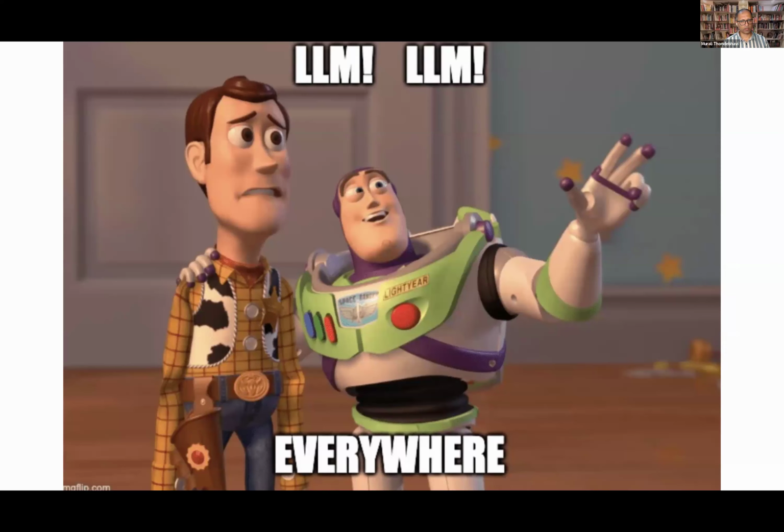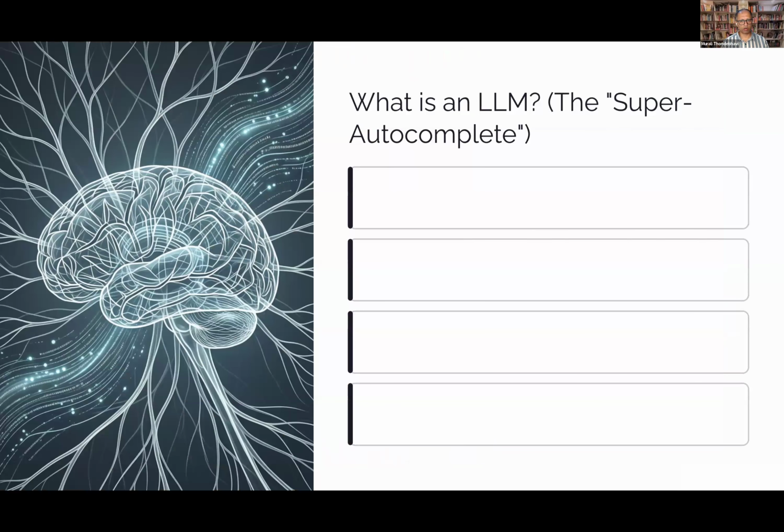Now, what is an LLM? An LLM is nothing but a super autocomplete. When I say autocomplete, we have been using this on our mobiles, right? Whenever you're on WhatsApp, the moment you type a word, it suggests the next word. This is what the LLM is doing. It is suggesting the best word which will follow a word. For example, if I say good, for this context it might be evening as the next word. But if it was in the morning, you would say good morning, right? Similarly, the LLM works by predicting the next word. It is a model trained to predict the next most likely piece of text.